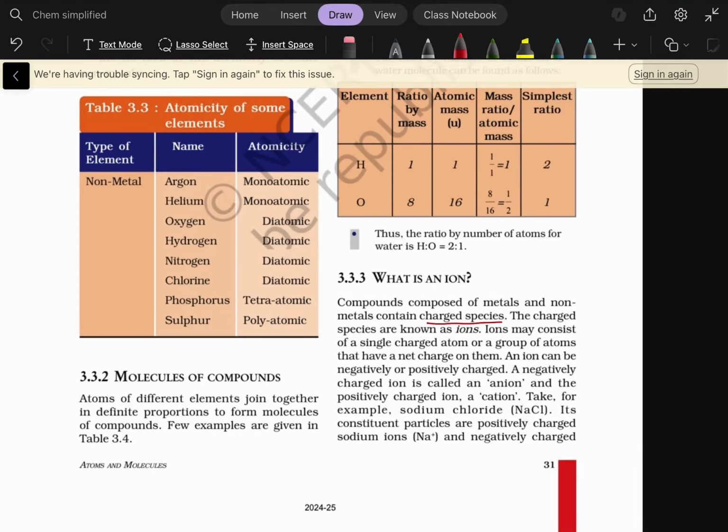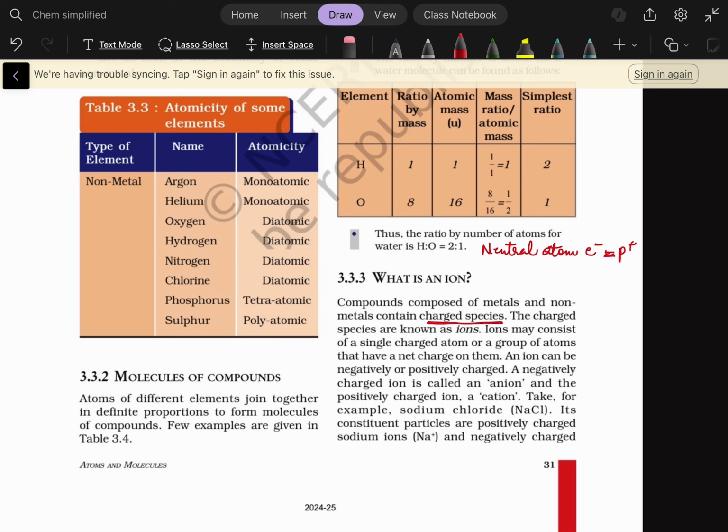What is an ion? An ion is a charged species which is formed by gaining or losing of electrons by an atom. See, in a neutral atom, the number of electrons is equal to the number of protons. An atom has subatomic particles like electrons, protons, and neutrons. If the number of electrons is equal to the number of protons, that is a neutral atom having no net